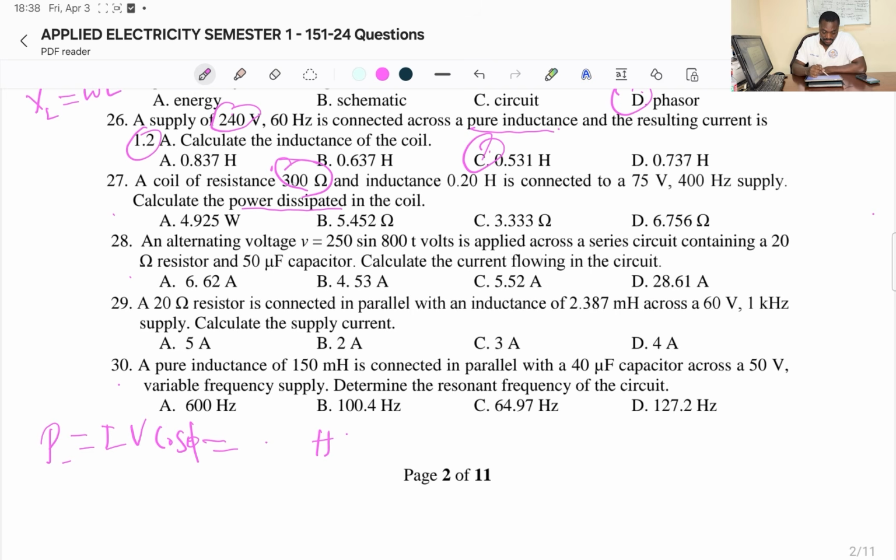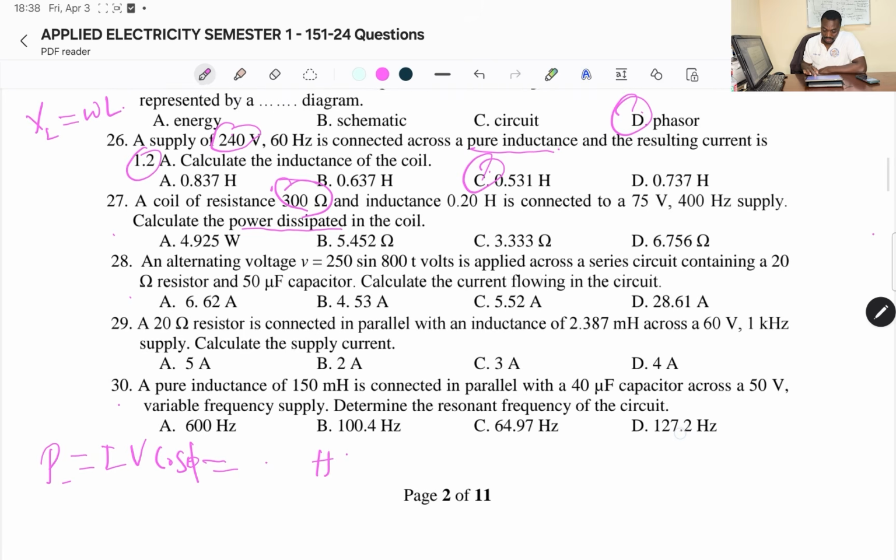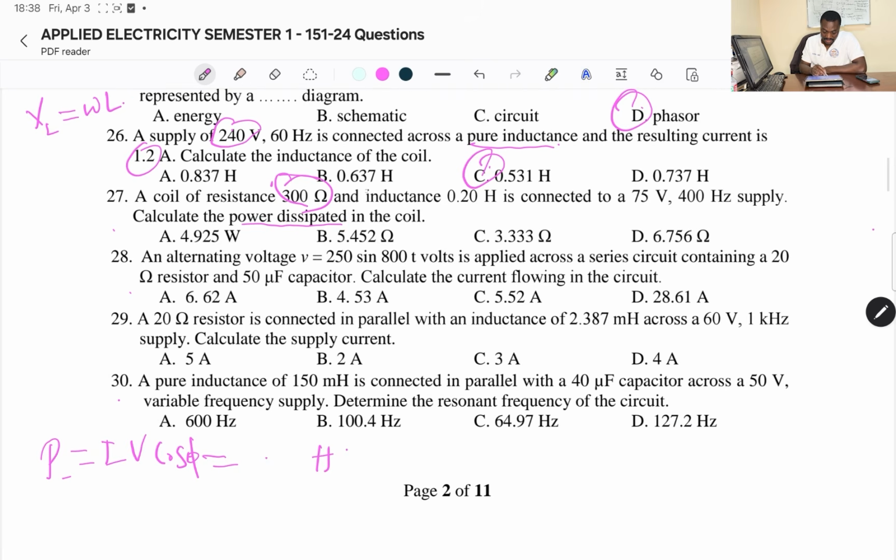So that means I have to first get the current passing through the resistor. How do I get the current? We can get the current using this formula. I know the voltage is given. The voltage is 75. And then we are given the